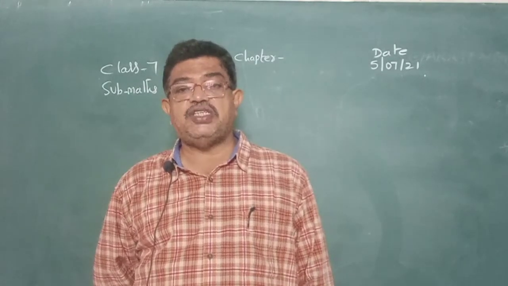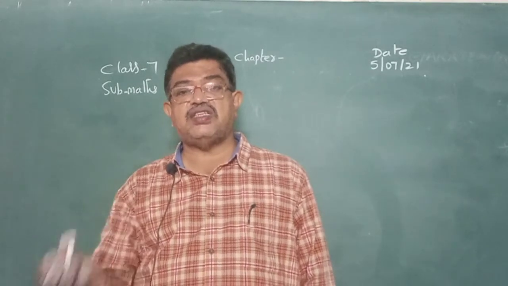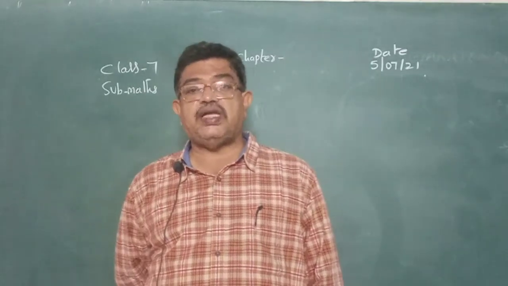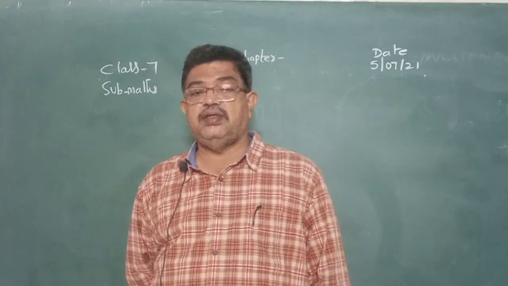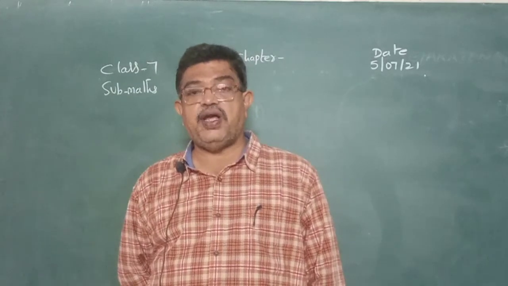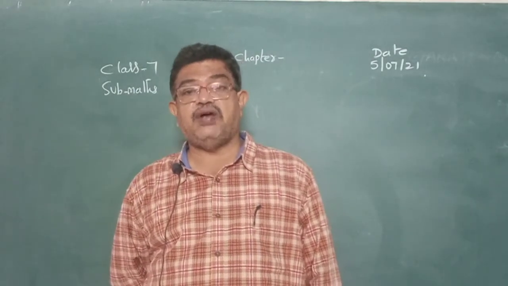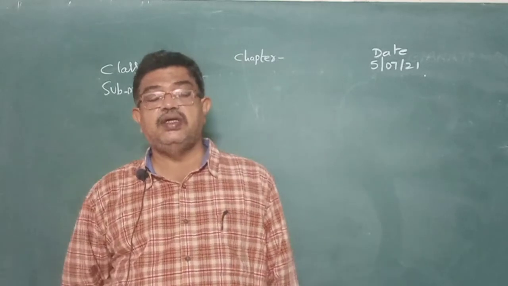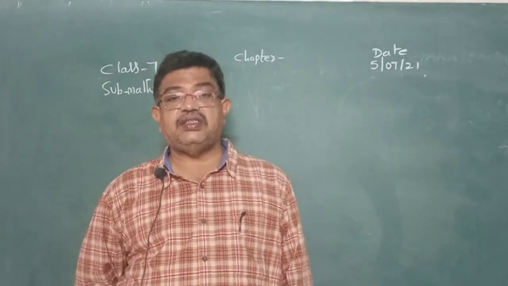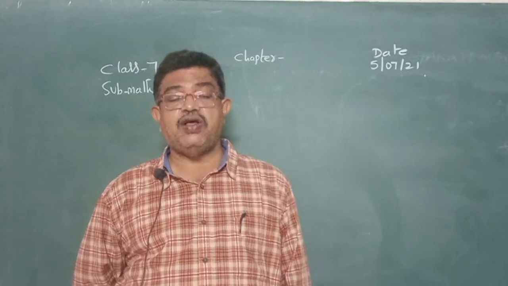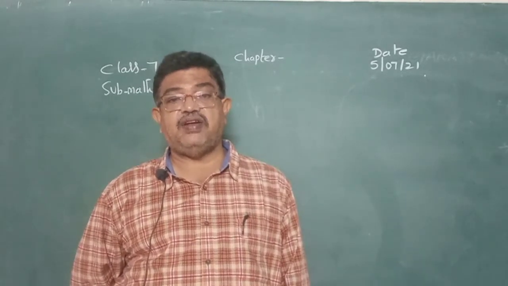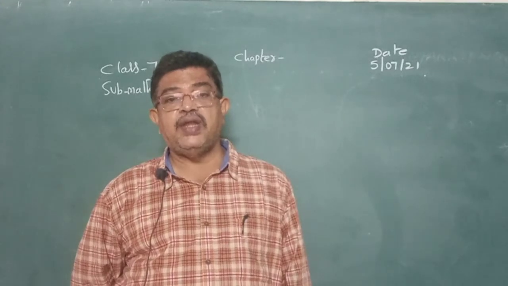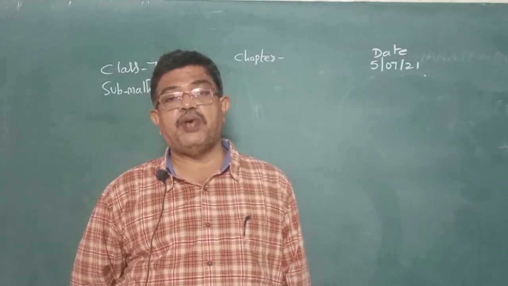A girl named Seema purchased 3 1/2 kgs of apples and 4 3/4 kgs of oranges. What is the total weight of the fruits? This is the question. So here the operation you have to do is addition, because you are finding the total weight of the fruits. The values are given in fractions. One is 3 1/2, the other one is 4 3/4. What type of fractions are they? They are mixed fractions. To add them, convert both into improper fractions.